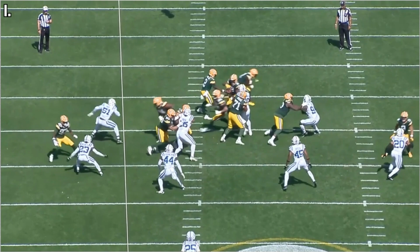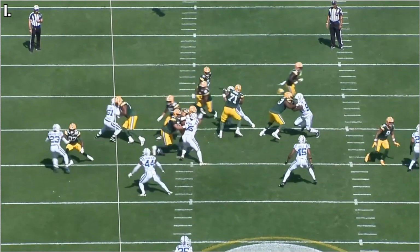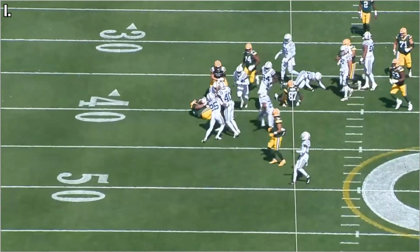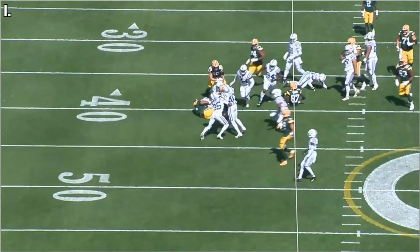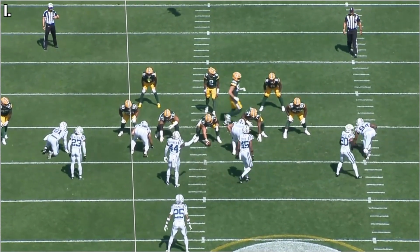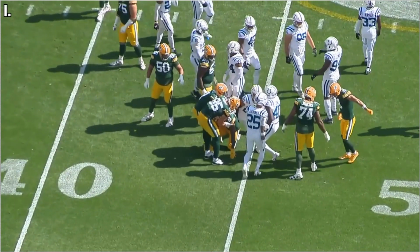So Myers gets a good enough seal to give Jacobs some space, and then Kraft is able to work upfield, and it's a nice gain. So it's not really the most impressive run, but they ran this play multiple times to both sides of the